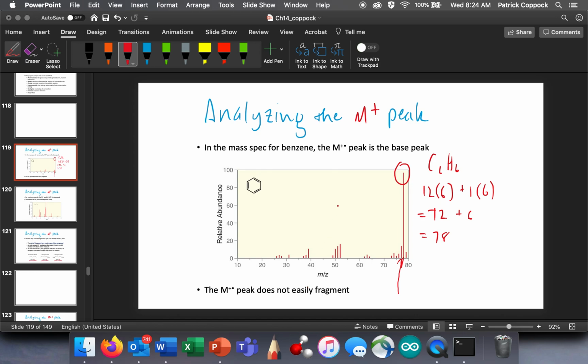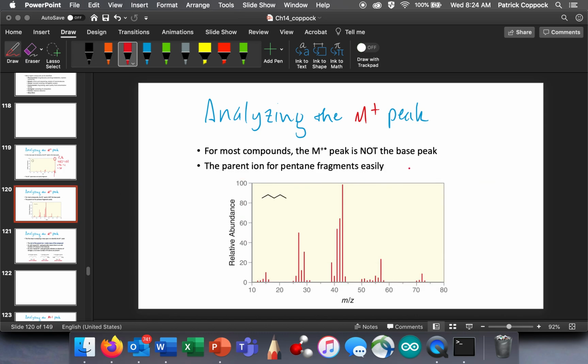rather this molecular ion does not easily fragment. That's not always the case. In pentane, it looks like it does easily fragment, right? Because pentane,